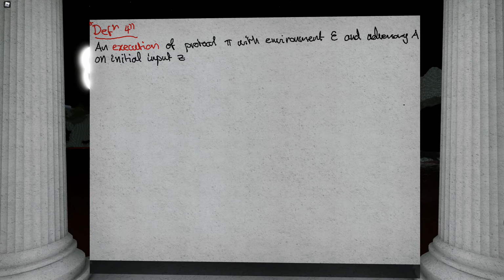Why do we need this initial input? Well, for example, if you're trying to decide if a messaging channel is secure, then you don't want to require the message to be chosen randomly. So the message needs to appear from somewhere. The environment can't choose it because it would have to do so either always the same message or always randomly. So if you're modeling a secure channel, this initial input could be the message that is being sent. That's just one example.